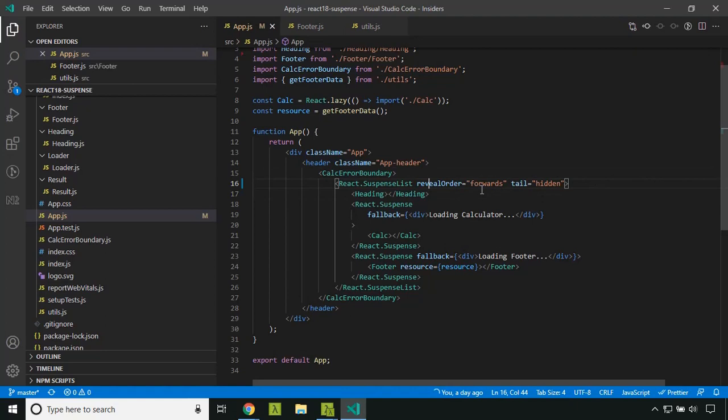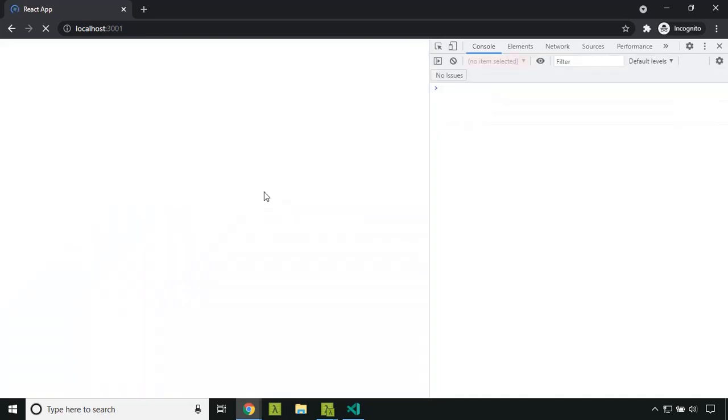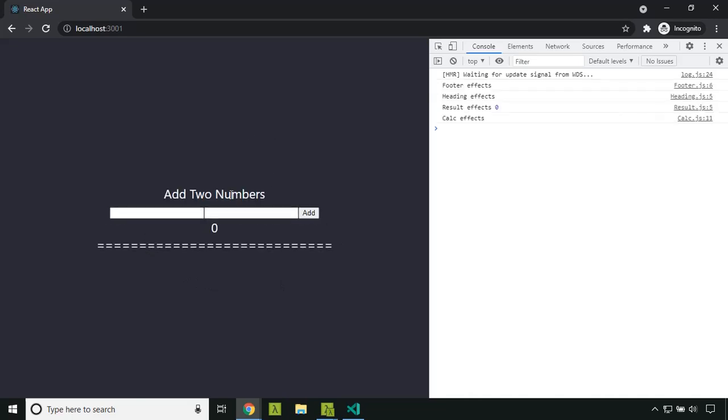Now if you use backwards as well, the same thing will happen and the application will be empty. You can see that a blank page is displayed, and only once everything is ready, at that time it will be rendered in the view.